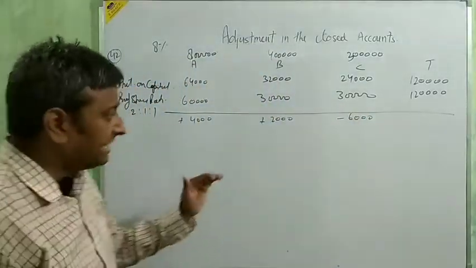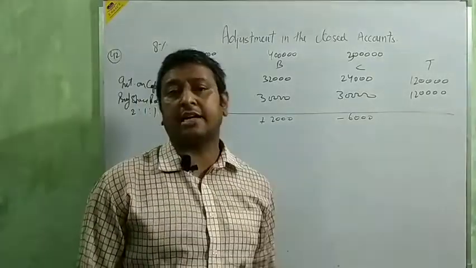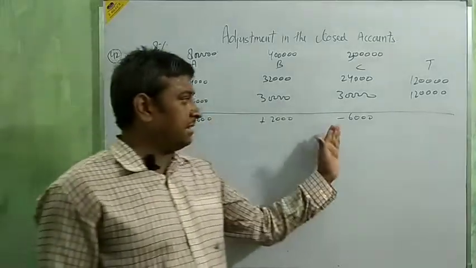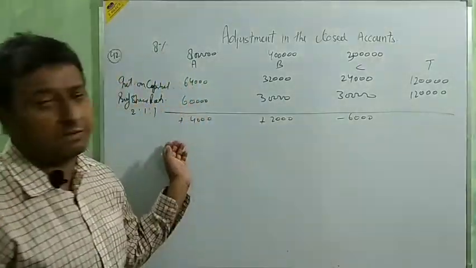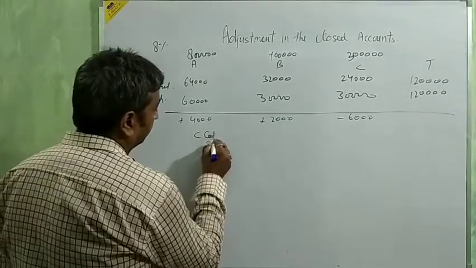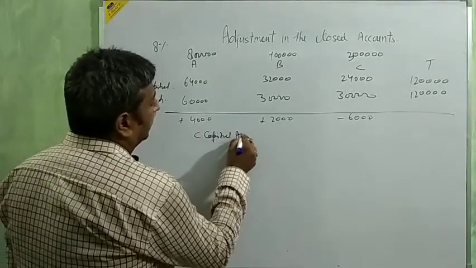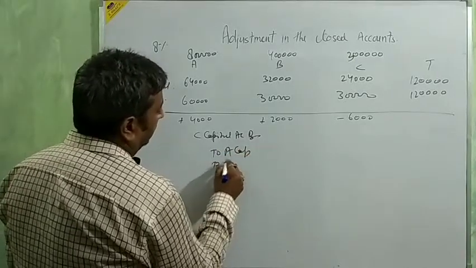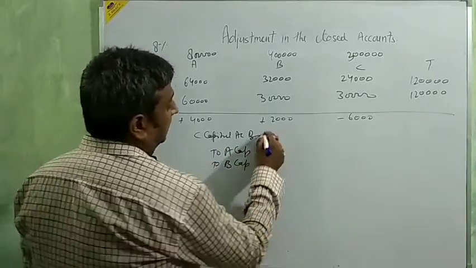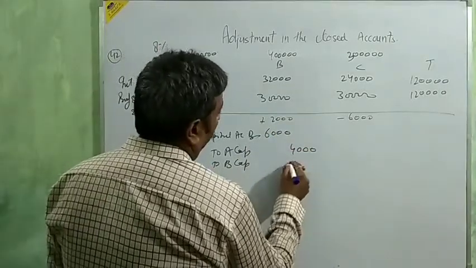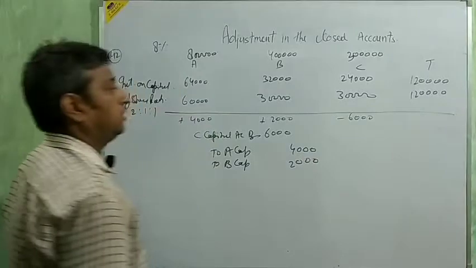So in this case, interest on capital, salary, commission is an expense. In this case, the lesser amount is debited and the plus amount will be credited. So the less amount means C's capital account is debited, and A's capital and B's capital are credited. C 6,000, A 4,000 and B 2,000. Okay, beta?